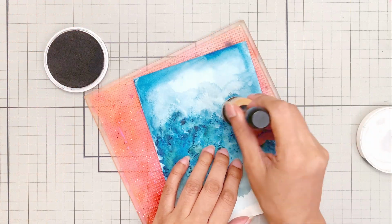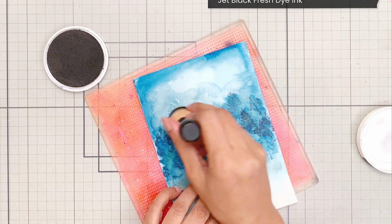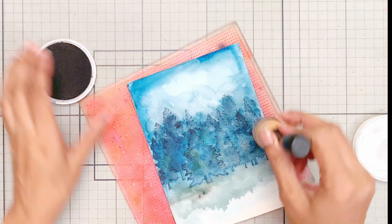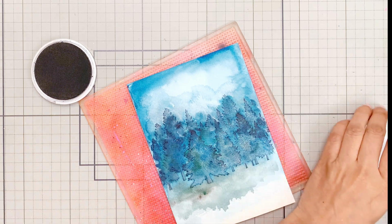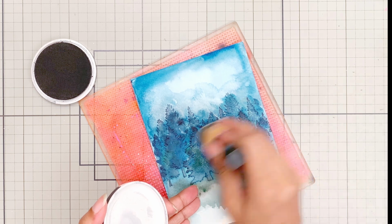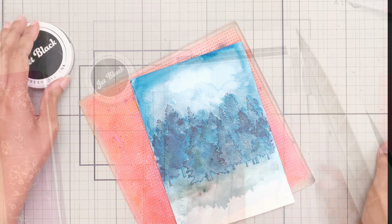Next, I will use the Jet Black Fresh Dye ink and a foam blending tool, then carefully go over the embossed areas. You can also start by using the Dark Night ink, but I skipped to Jet Black directly. Once you do this, you will see the shapes of the trees popping up, and they will become more visible and prominent. If you want this to be darker, try doing this with Obsidian pigment ink and make sure to